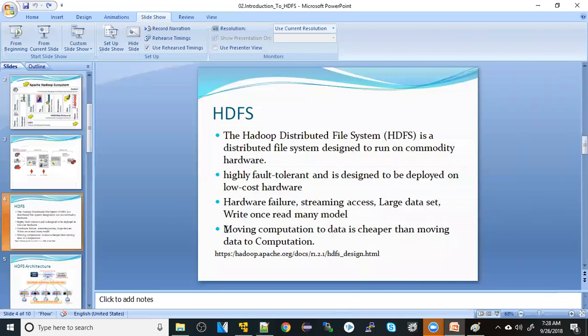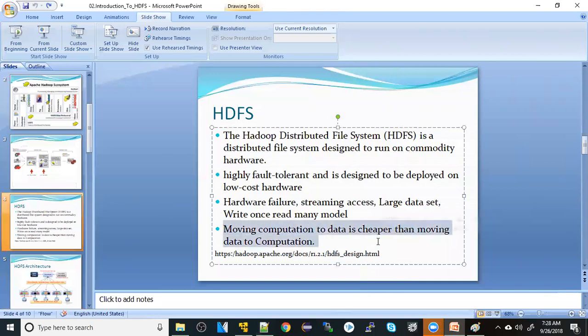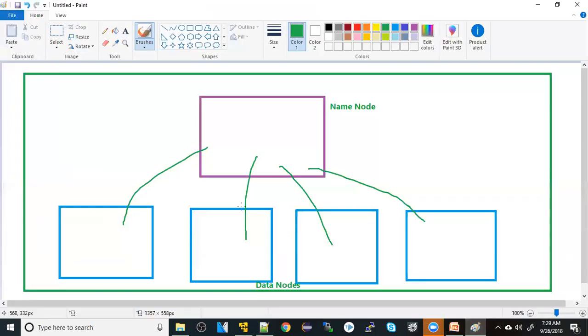And moving computation is cheaper than moving data to computation. So here what happens is, data, as we have seen till now, is distributed as blocks and stored into different nodes. Here one block, here one block, here one block. It's just a representation, not how it actually works. If you want to process something, let's say you wanted to add everything,